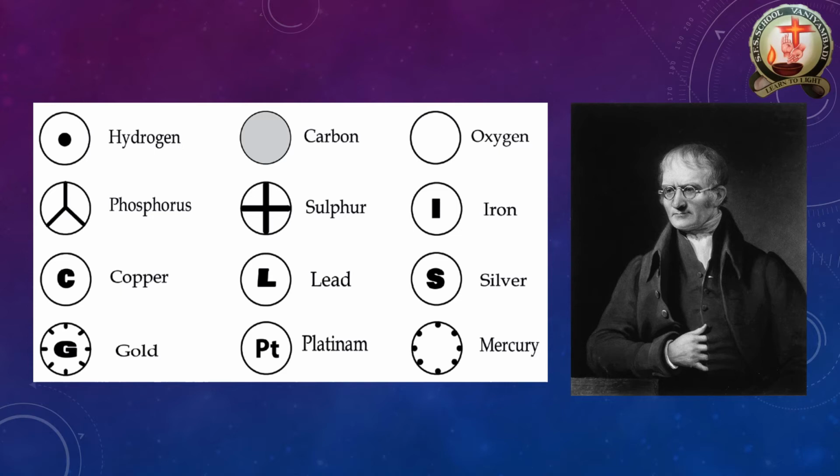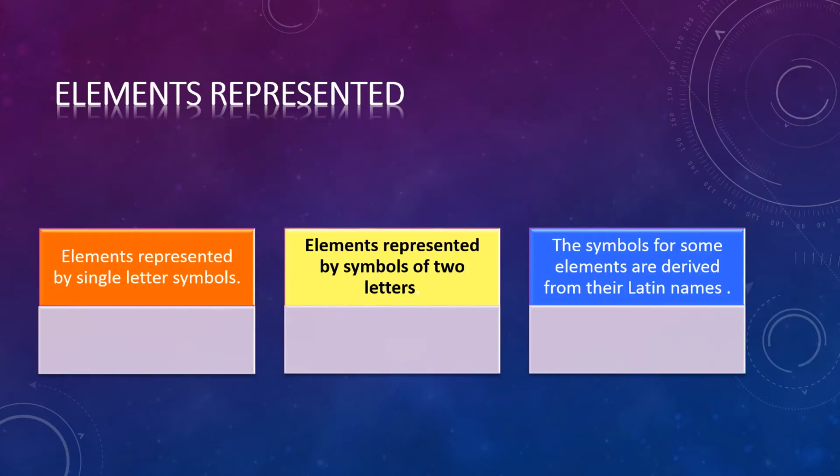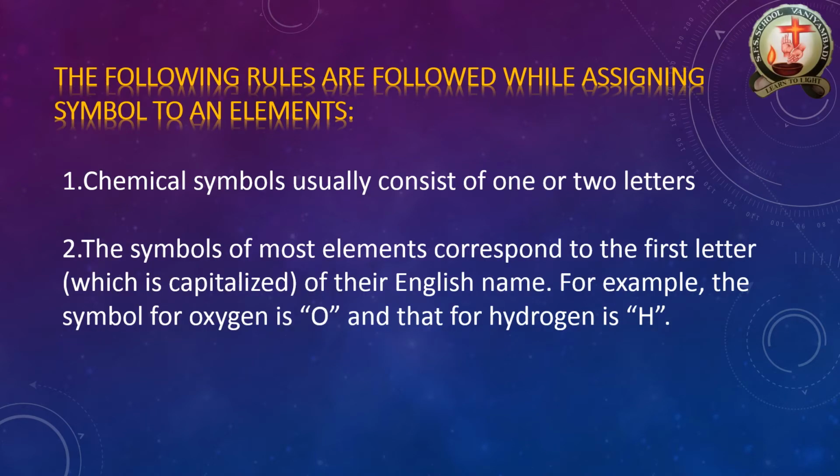Now I'm going to give clear detail about that. Element representation: how are we going to represent the element? First, an element is represented by a single-letter symbol. An element can also be represented by a symbol of two letters. Some elements are derived from Latin names. Why do we use Latin names? Because the Latin names carry some core idea about the metal, the origin of the metal, like a family name in our tradition. So we have given some elements their Latin names. Then the following rules are